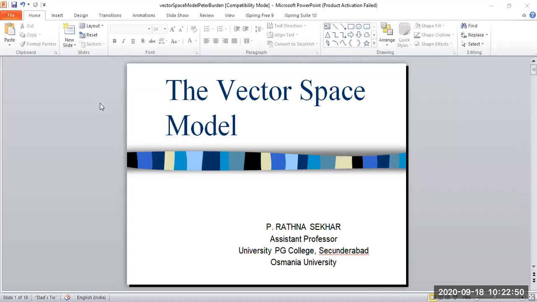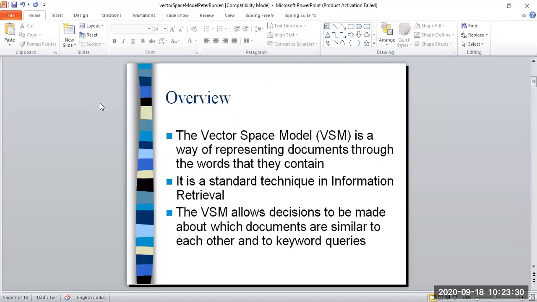So it considers a word as a point or a dot in a vector space, which has a magnitude and a direction. By considering each and every word as a vector, we can use some similarity coefficient models to compare the similarity between two dots so that we can retrieve the relevant information or relevant document. That is the main mechanism behind this vector space model. So let us go through the slides.